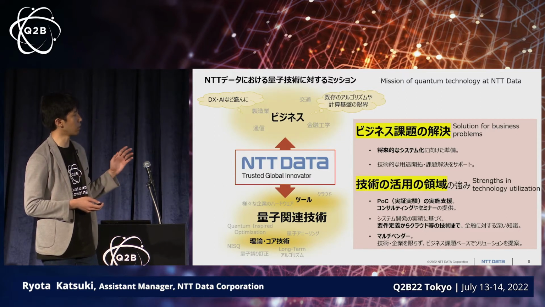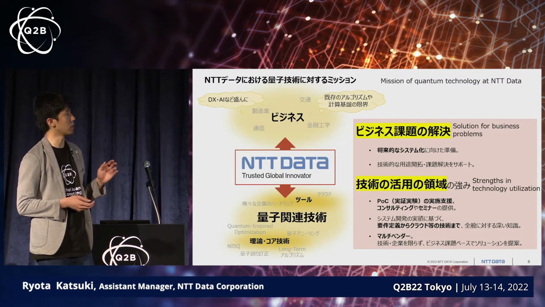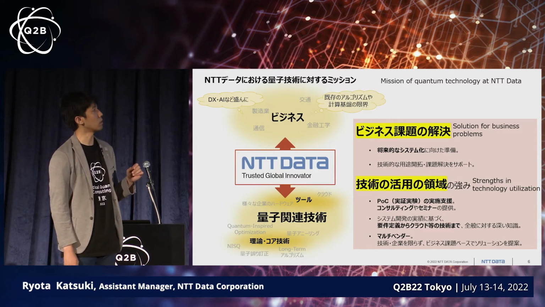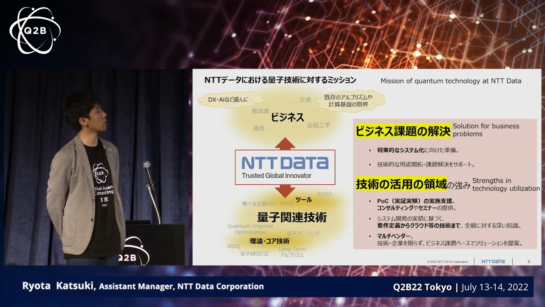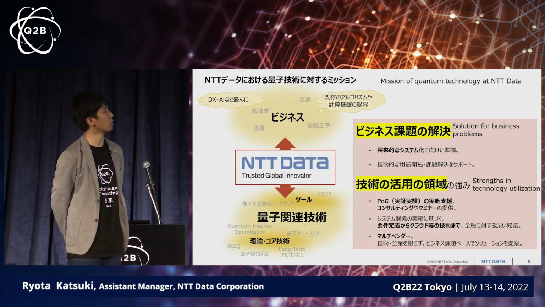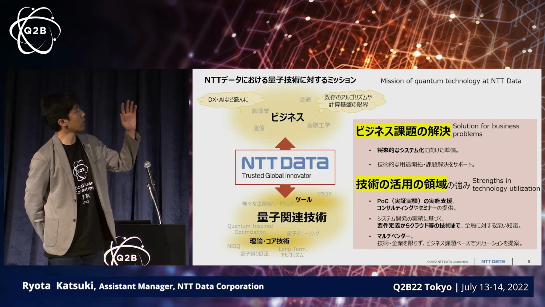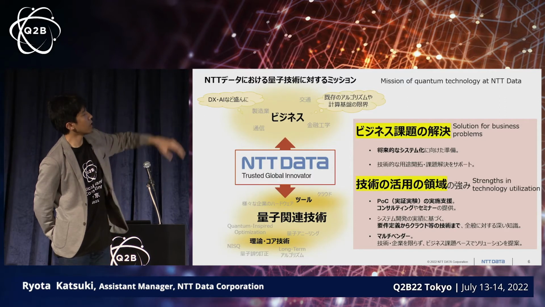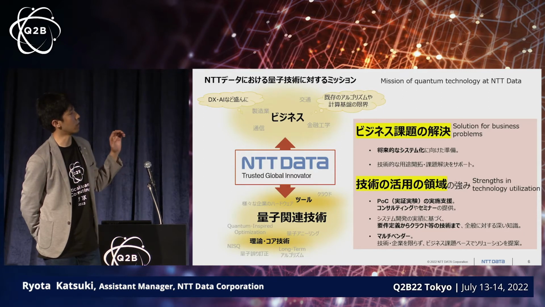On the other hand, we have technologies in quantum computing, cloud, OSS, and other tools available in this field as well. As Entity Data, in order to apply the technologies into systems, we develop applications as well as solutions. Especially, as you can see on the left, we are positioned in between because we support businesses using technologies.